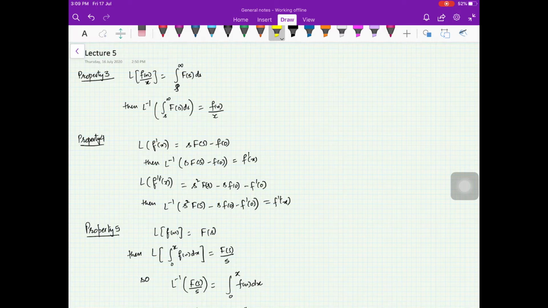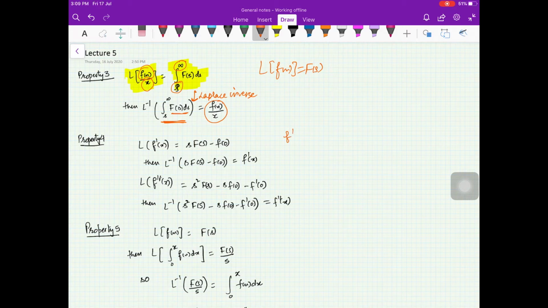So we had this property of Laplace transformation, that if you divide f(x) by x, then, if L of f(x) is equal to capital F of s, the Laplace transform of f(x), you have to integrate on the right hand side with respect to s from s to infinity. So if you take the Laplace inverse here, you will see that the Laplace inverse of the integral from s to infinity of F(s) ds will be f(x) upon x. Similarly, you can just take the inverse of all the properties which you had for Laplace transformation.